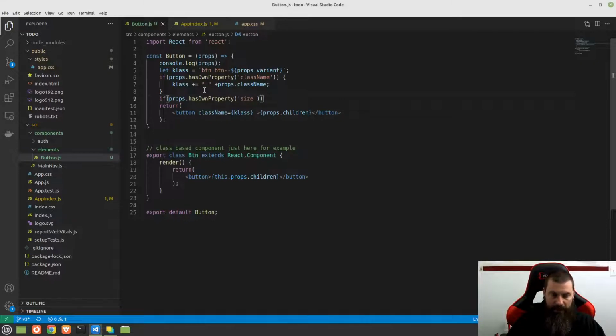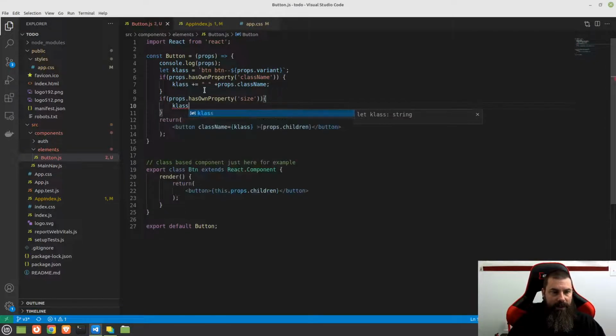So if it has size, then I want to say class plus equal, and we're going to add another space here, and then we'll do a string literal on this one. We'll do a space, and then we'll say button dash dash, and then here what we're going to do is